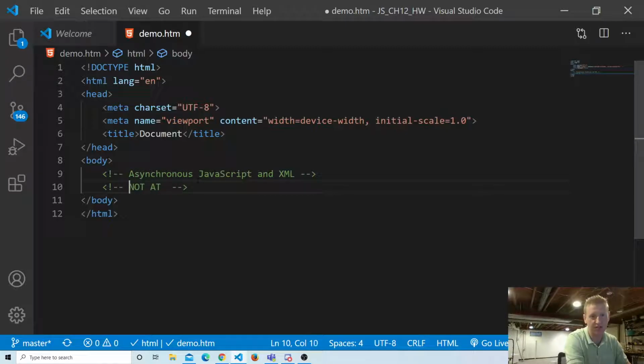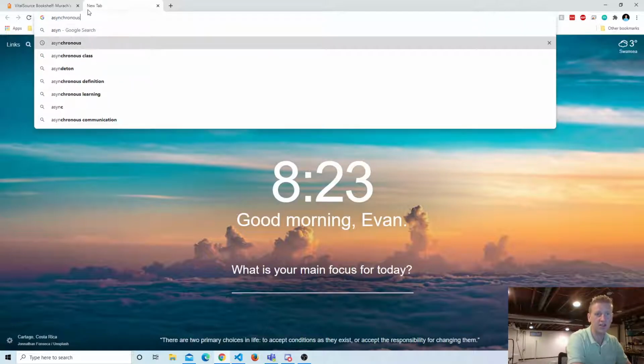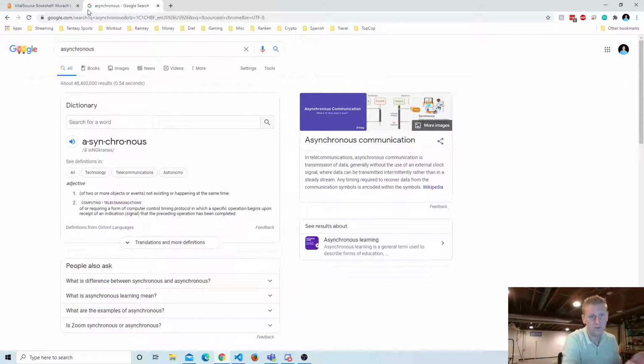Asynchronous, if you look up the definition, asynchronous means not concurrently, not at the same time, right? Literally just asynchronous: two or more events not happening at the same time. Okay, so